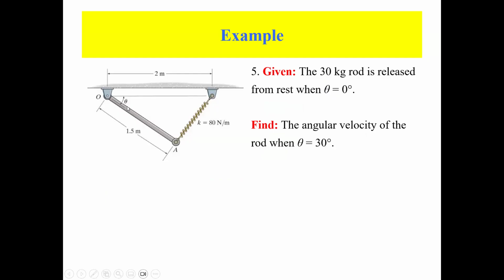Based on this figure, the spring and the rod have an angle theta, and the total length is 2 meters. We should find the angular velocity of the rod when theta is 30 degrees. The one thing I want to correct here is, once theta equals 0,